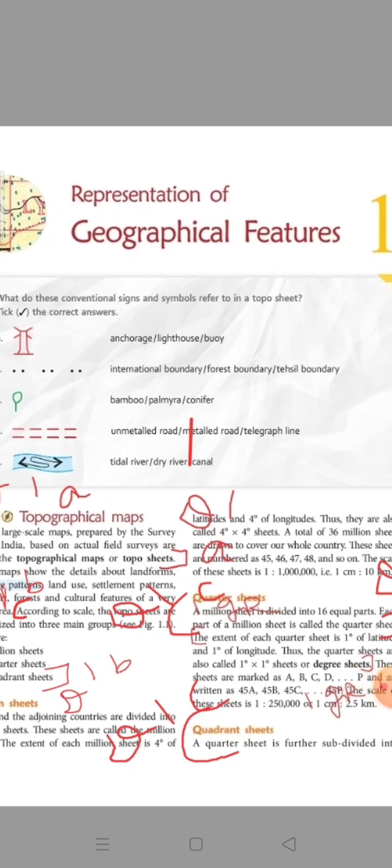In this class, we are going to see the questions and answers for lesson number 1 in the Around the World book. Already we have seen this lesson, and the question answers also we have seen. Now we are going to see the short answers and give reason answers for this first lesson. The topic of the lesson is Representation of Geographical Features. Lesson number 1, Around the World. Shall we go through the questions now?